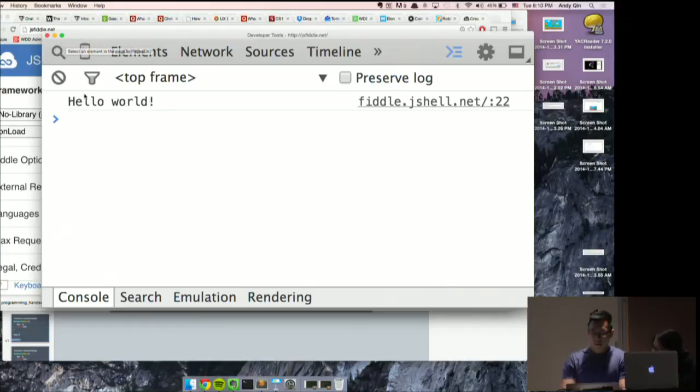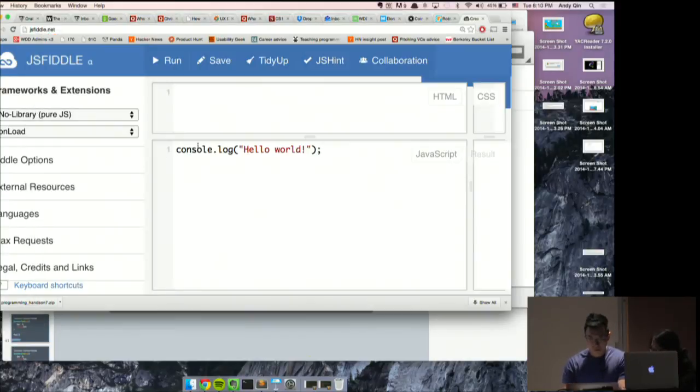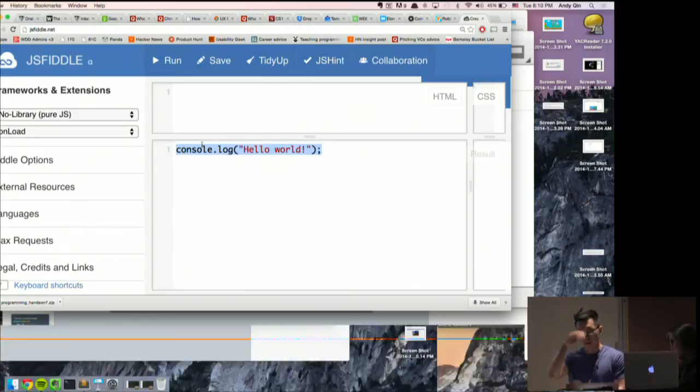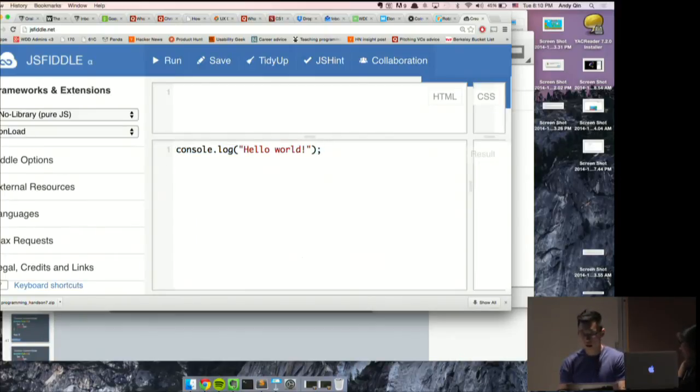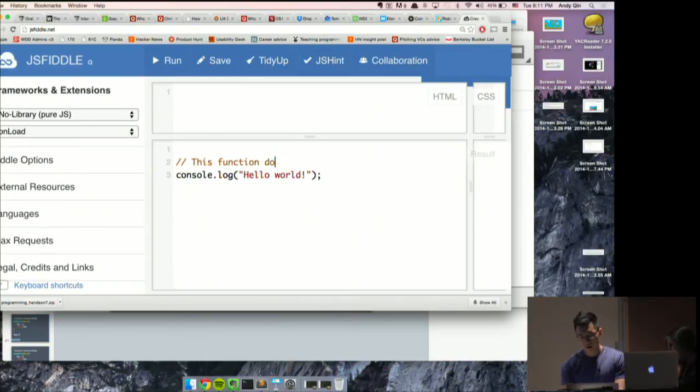It's also really good style, if you have a long piece of code, to put comments throughout. There are two types of comments: single line comments, or inline comments, and multi-line comments. For example, if I have this function that does console.log hello world, I can do a double slash and say this function logs hello world.